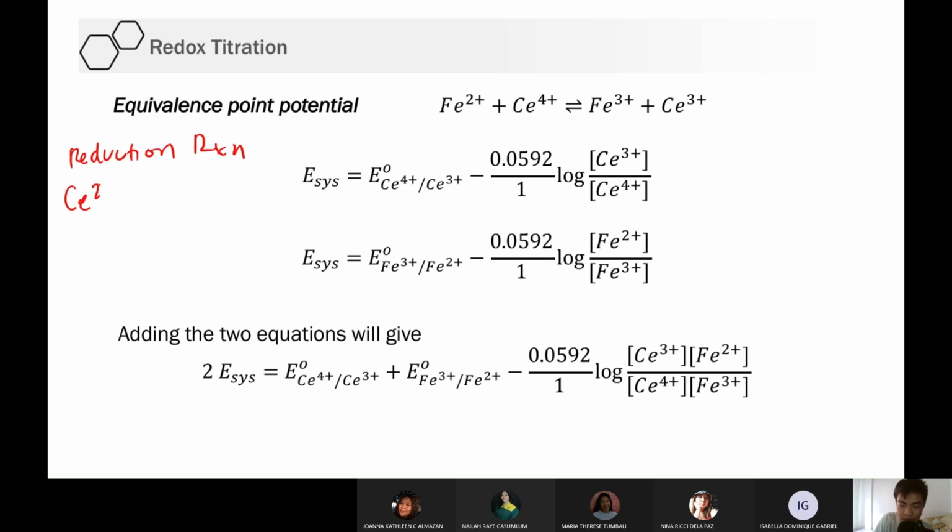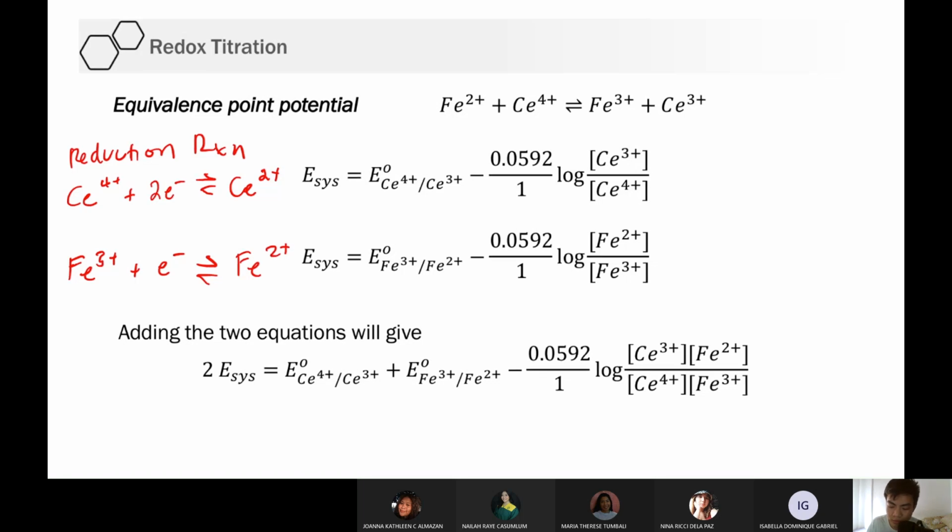So this will be cerium 4 plus. Etong mga reduction nakikita to sa table, no? Yung sa table na binigay ko. Kaya hindi mo kabisaduhin yan. Kasi given yan. Okay? So, don't worry. Di-discuss pa ulit to sa lab naman. Ayan. So, ito yung reduction reaction. Again, always, kapag nagre-write ka ng Nernst equation, doon ka sa reduction reaction kukuha ng equation. And this is given na sa table to. Yung table na pinakita ko kanina.